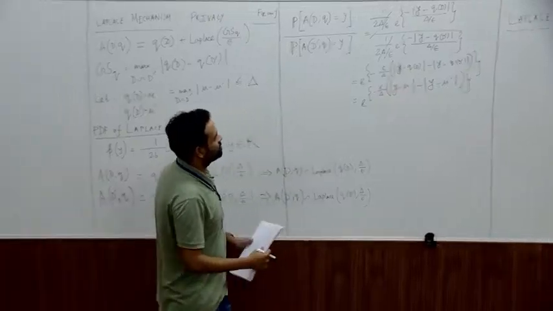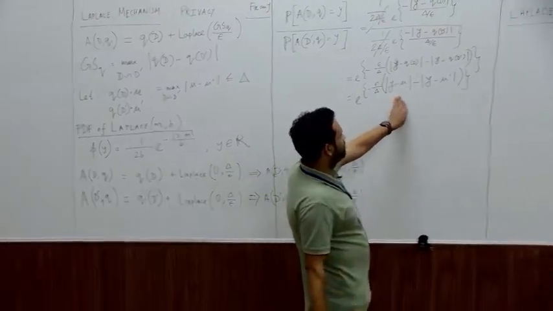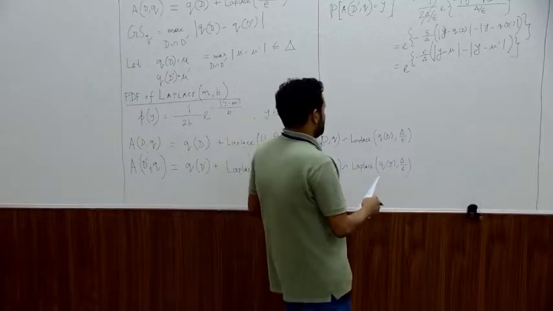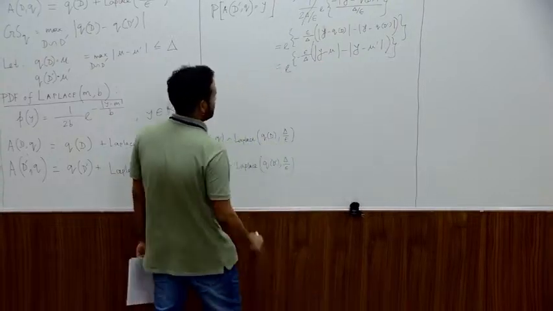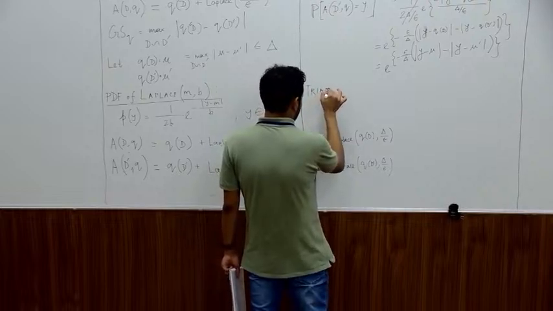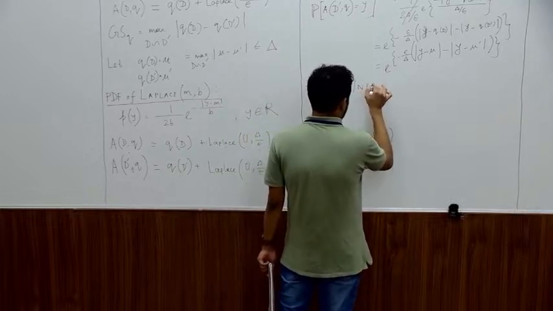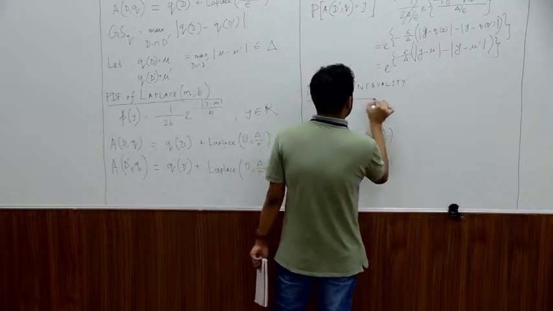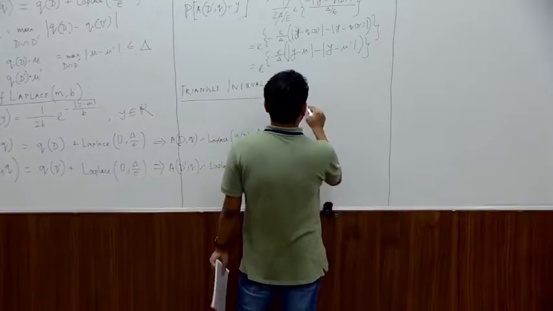Okay, so I'm just replacing qd by mu and qd dash by mu dash. We have defined it like that. So now see how to write this, right? Is everything correct? So we have to bound this y minus mu and y minus mu dash, right? So note that triangle inequality gives you the following. It basically tells you that